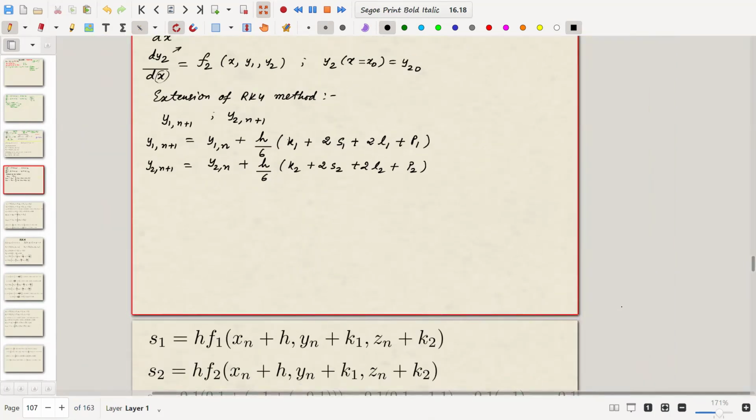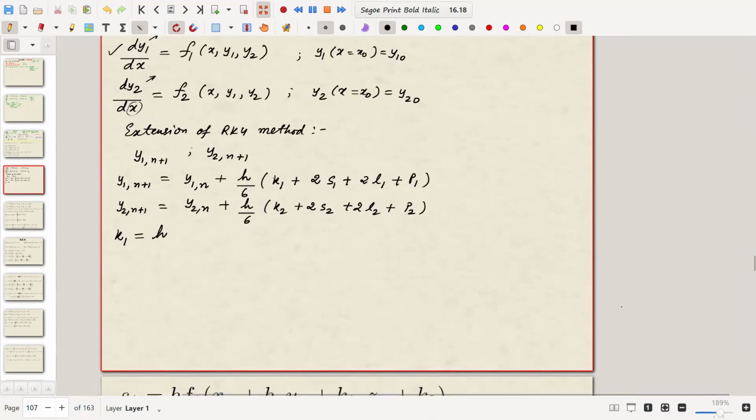So what are these? What is K1 from your RK4 method? H into, yeah. So here you don't have F. Rather you have F1, F2. So based on F1 there will be one K1. Based on F2 there will be a K2. Okay, you got the idea. So here K1 will be H times F1 of